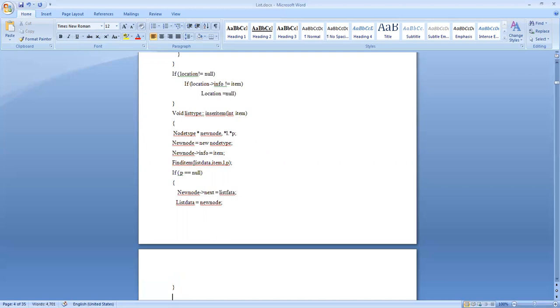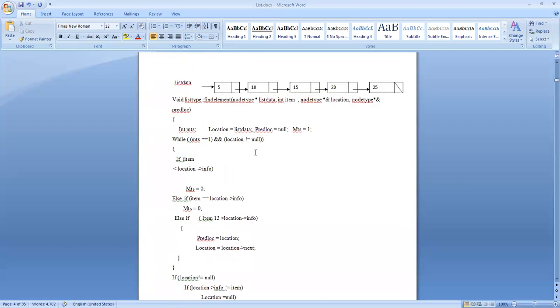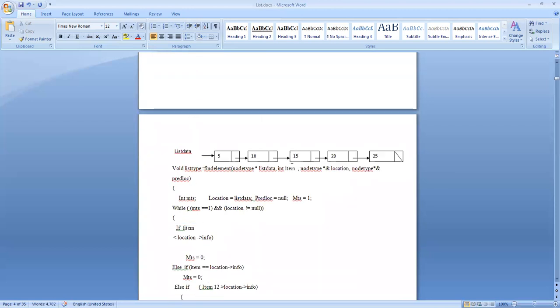Else, that is, if P is not equal to null, then when do you say P is not equal to null? See, if I am inserting 12, then my predlock will be here, P will be here.